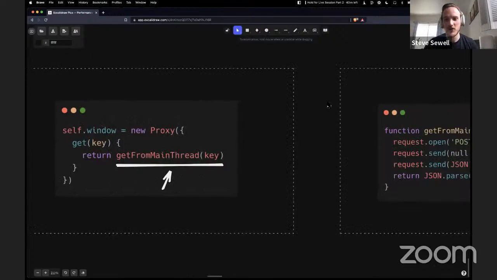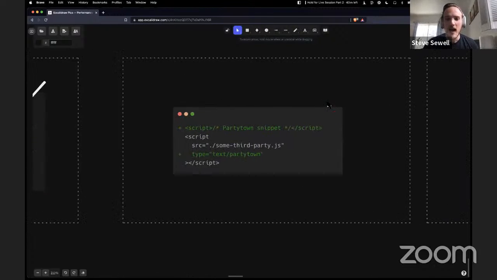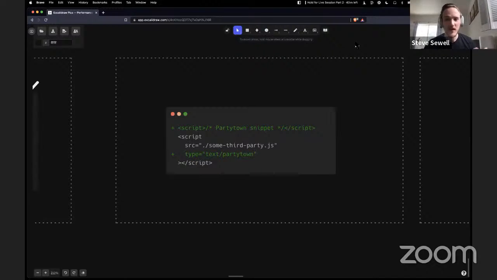So going back over here, just to wrap up the background, how does Partytown work? It's really simple. You add a tiny snippet on the main thread so that we can add that magic that then finds the right scripts and shoots them to the web worker thread that we create. And then you take any script and just add type equals text/partytown. So once the snippet's installed, you can choose what scripts run in Partytown.